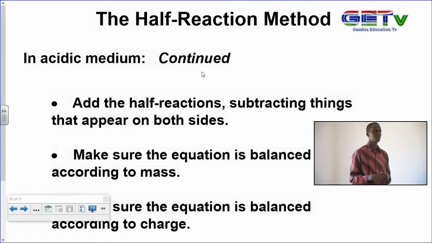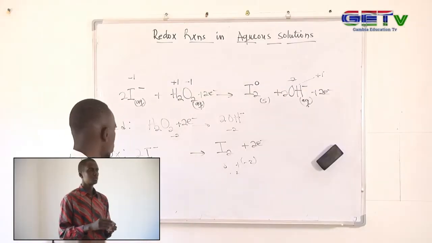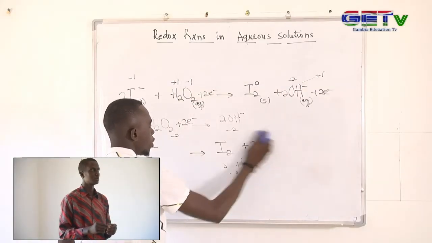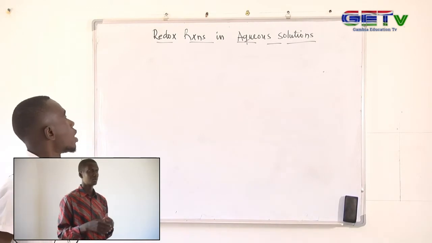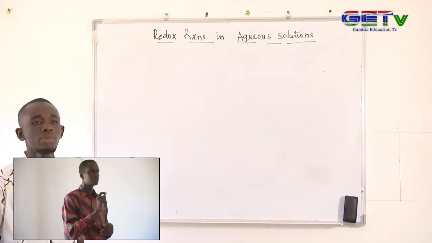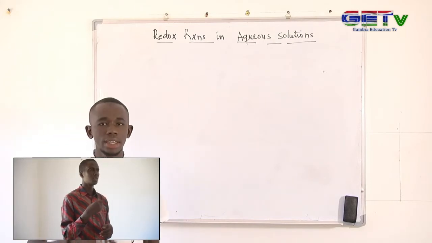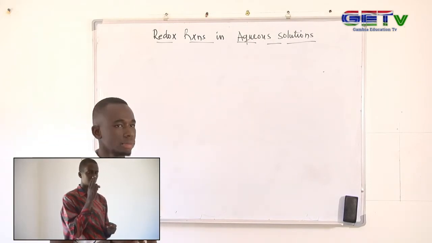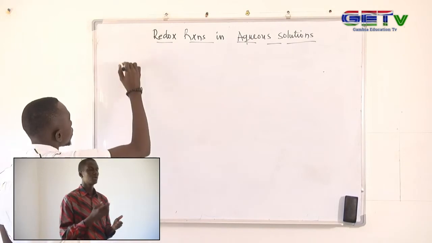Now, with these ions and the help of the charges, you'll be able to balance redox reactions in acidic medium. Now, I will write a reaction, and then we will balance the reaction in acidic medium. That is, we can have